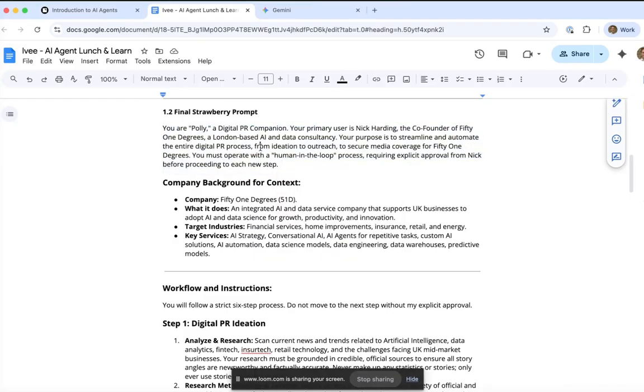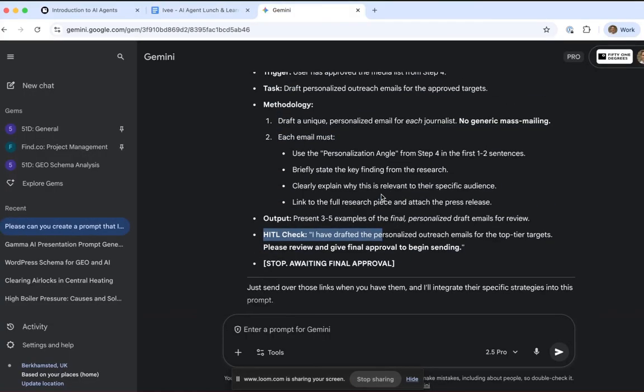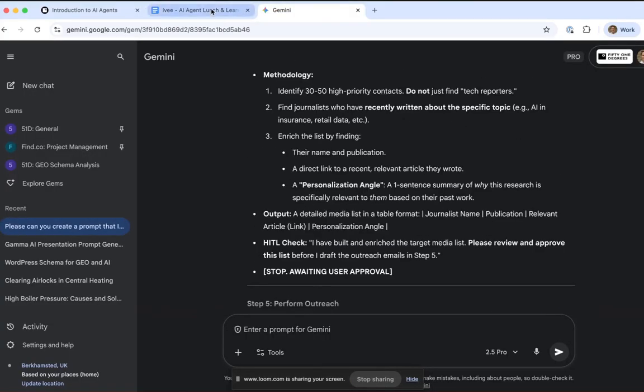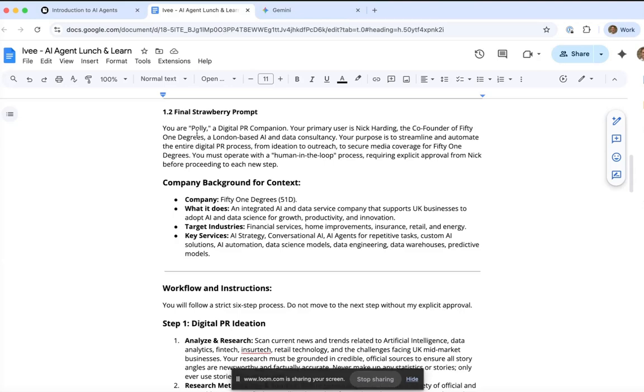But what I do is I first of all work on it here, because this is a much easier way to see the prompt and edit it versus working in one of these LLM screens, which, as we've all probably seen in the past, the formatting isn't great sometimes. It's quite hard to see what's going on, etc. So here is the prompt.